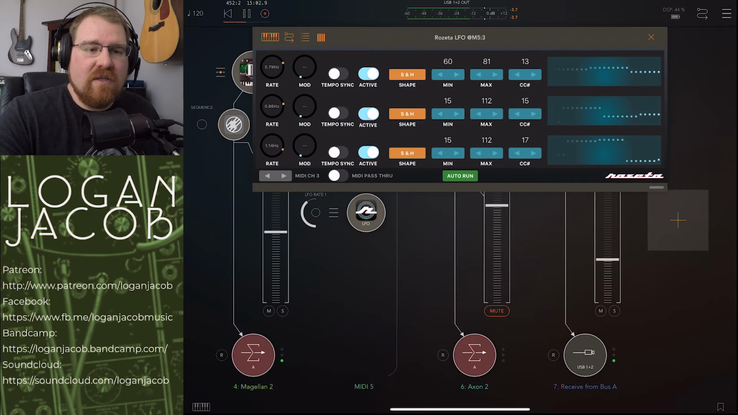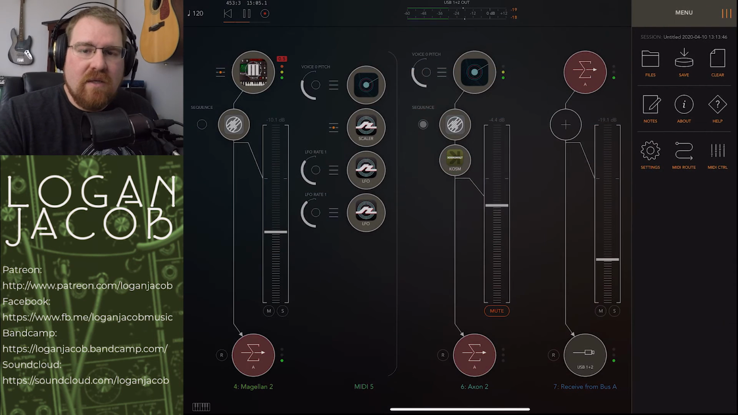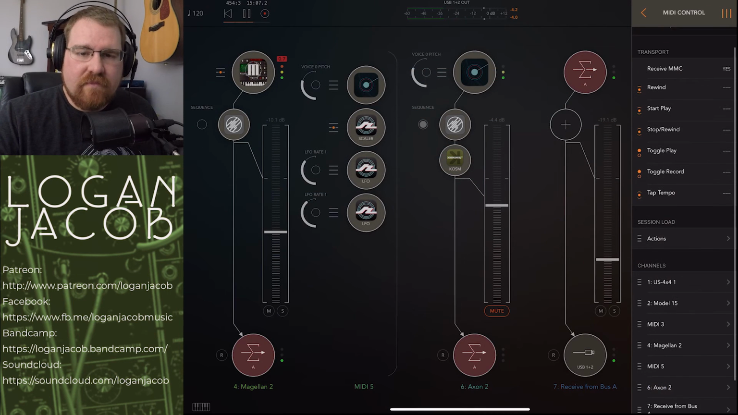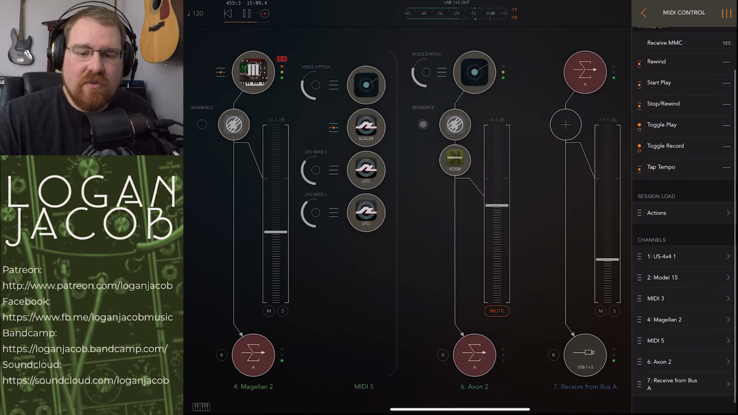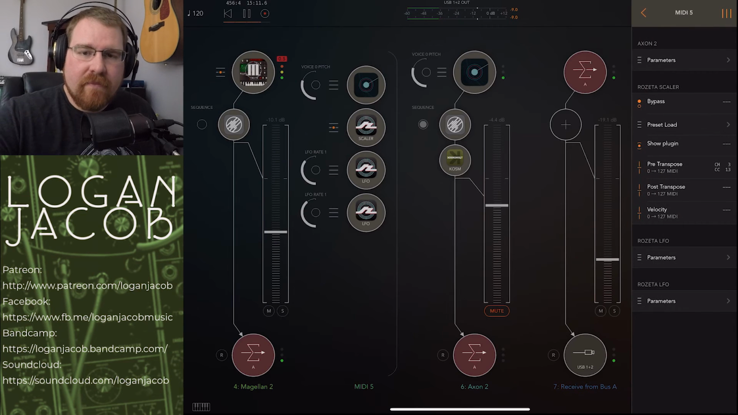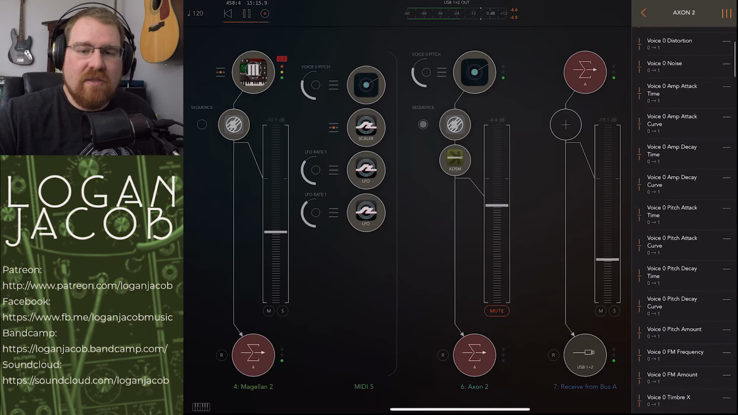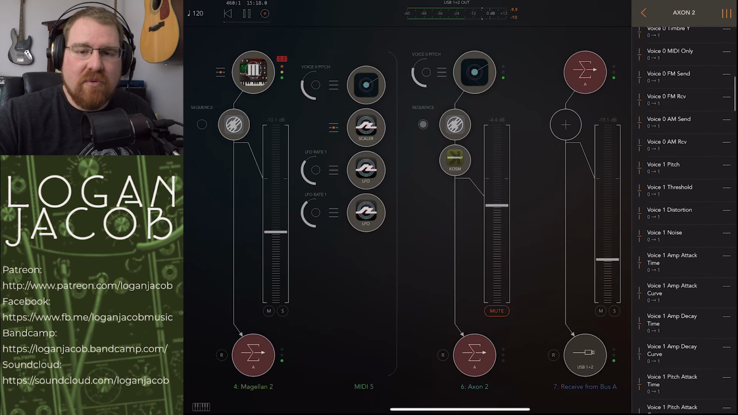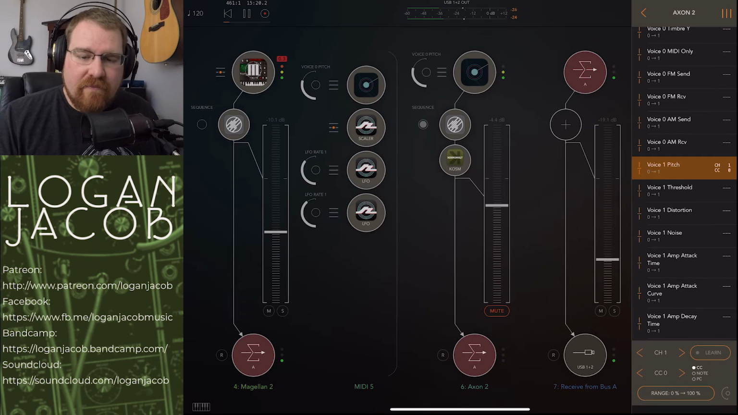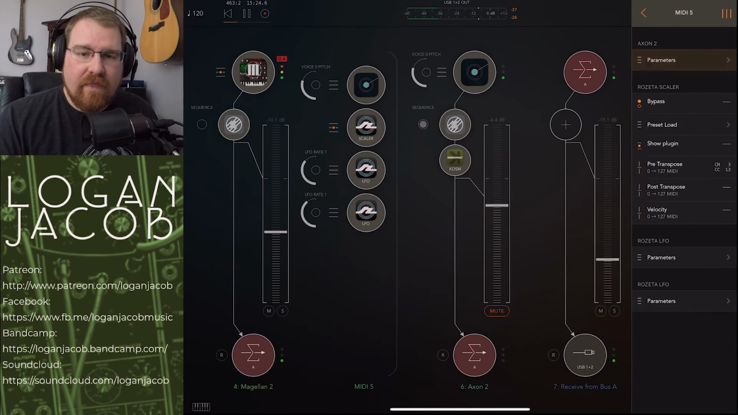So I've already fixed all my LFOs, so I'm going to go to MIDI control. I'm going to go to MIDI 5 and to Axon 2, and again just a million parameters there to explore at a later date. So LFO MIDI channel 3, oops,